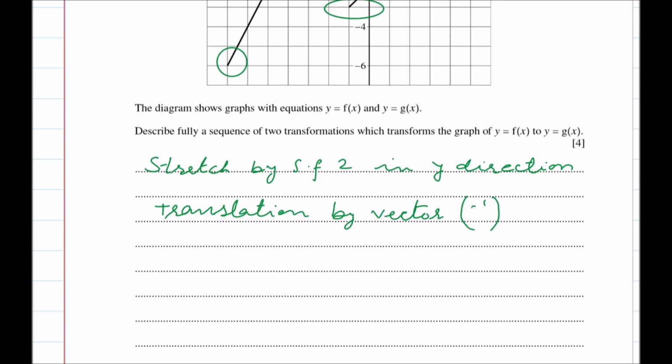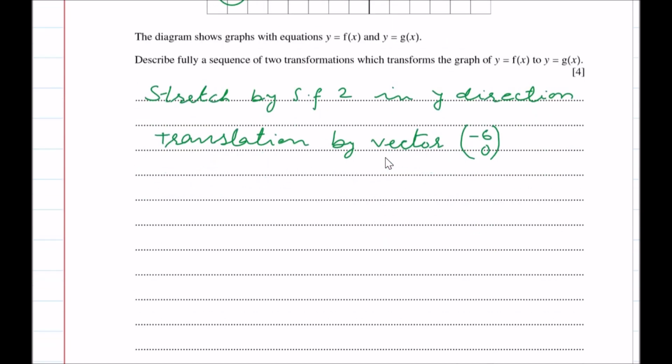So let me rewrite. It is minus 6 and 0. This is the translation vector. So we are done with this question. 4 marks for this we have. Okay. Next,